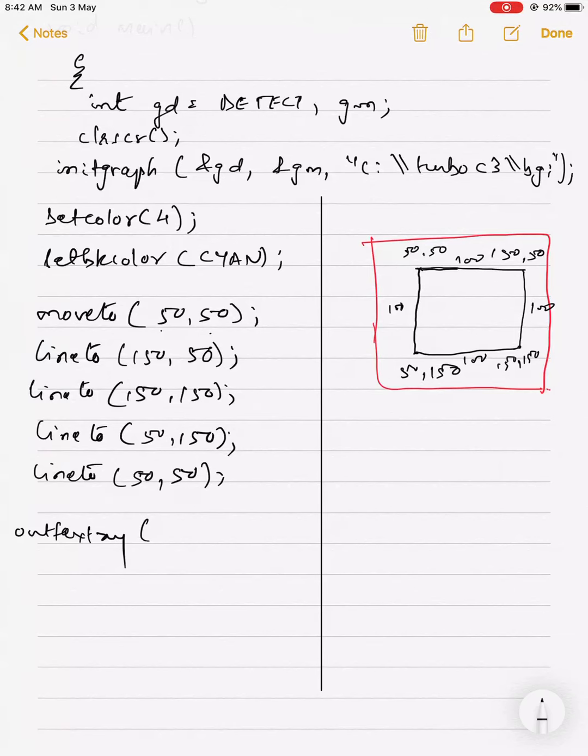See, ये भी 100 है, ये भी 100 है. आपने स्टार्ट कहाँ से किया? 50,50. तो 50 से 150 के बीच में, ठीक है, 50 से 150 के बीच में. तो एक्स एक्सिस कितना रखूँ मैं? डिस्टेंस तो 100 है, और 75 कर दूँ, 100 कर दूँ, तो यहाँ पे आ जाएगा ये लाइन.